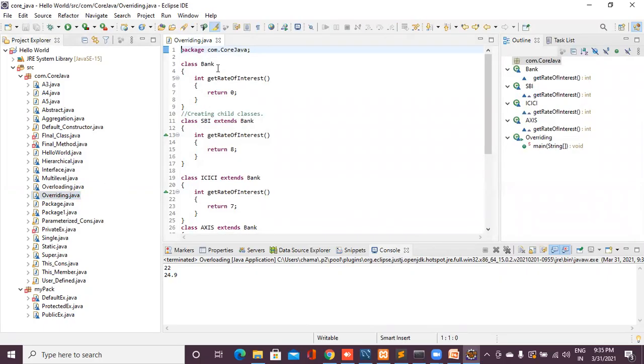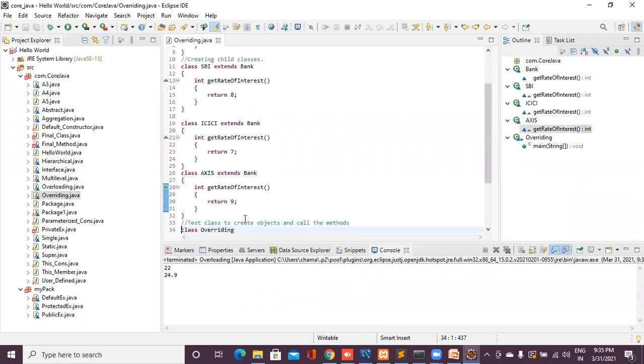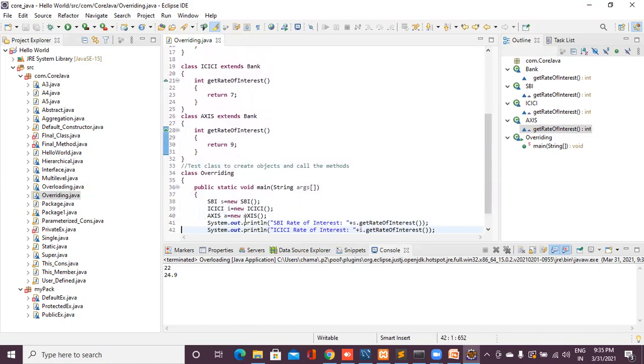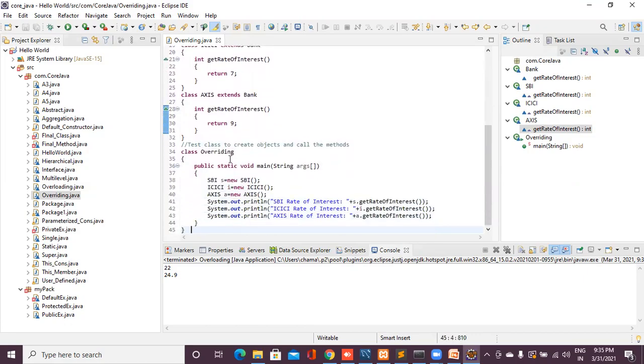Overriding: here I'm taking one class Bank. Inside that I'm taking one int getRateOfInterest and returning 0. I'm creating one child class SBI extends Bank. The method I'm defining as int getRateOfInterest and returning 8. I'm taking one more class ICICI extends Bank, int getRateOfInterest, return 7. I'm taking one more class Axis extends Bank, int getRateOfInterest, return 9. Then inside the main method,